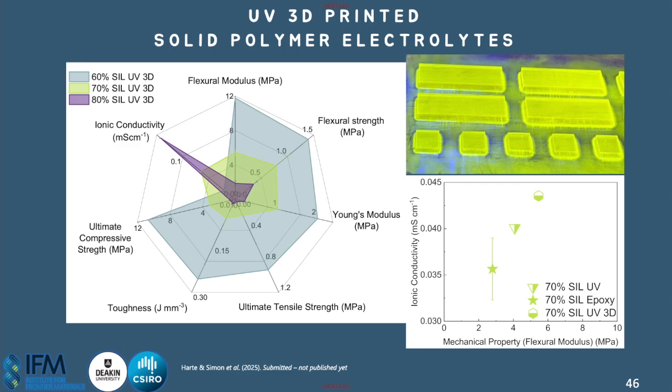And this graph in the bottom right here has the same error bars plotted for all three samples. It is just that the UV cured systems have much greater homogeneity, so the error bars are actually smaller than the graph symbols on this plot. So that really shows the difference,